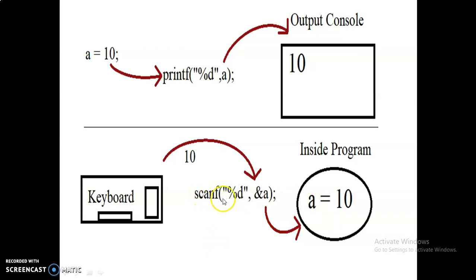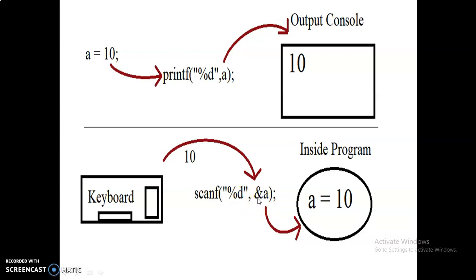Scanf is the keyword, open parenthesis, and then within the double quotes, the mod symbol and the D is present here. This is the percentage D. This means integer data type. The percentage D means integer data type. This is the format string or control string in C. And then this is the variable name A.